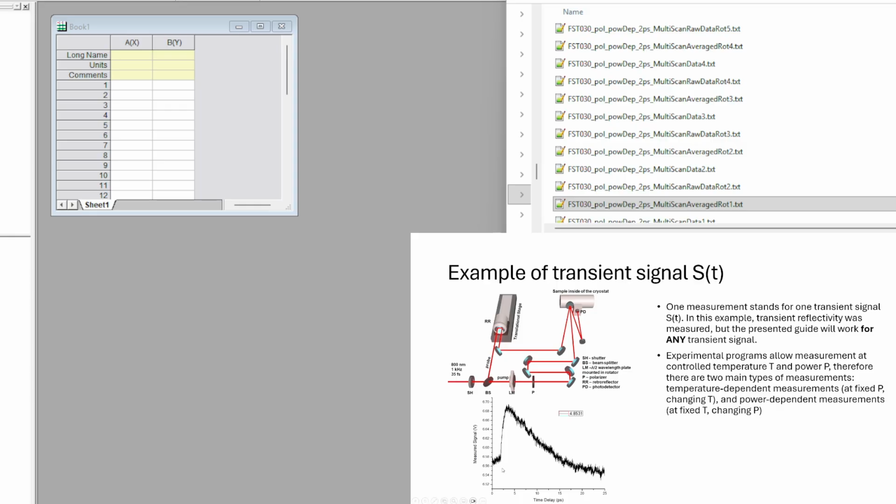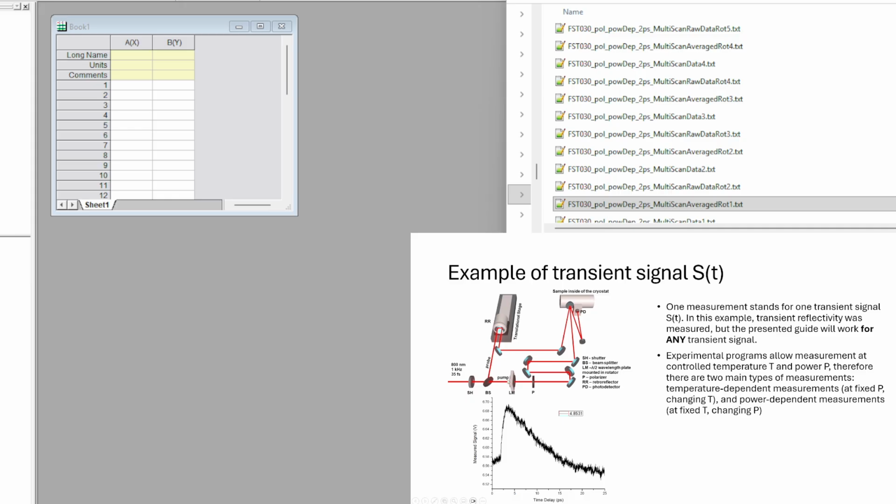The first one is the most obvious: the time delay of a translational stage. We can move a retroreflector on the translational stage, increasing the time delay between probe and pump, and hence we have the dependence versus time. Another two control variables are the temperature, controlled by the temperature controller of the cryostat, and